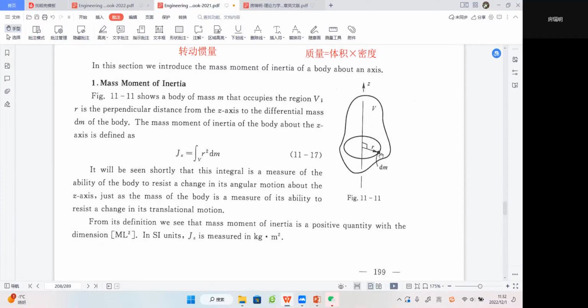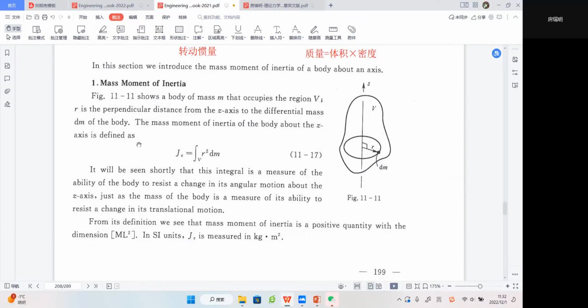This point will have a distance to its rotation axis z. Let's say this distance is r, right? So after we give all these things, the mass moment of inertia of the body about the z-axis